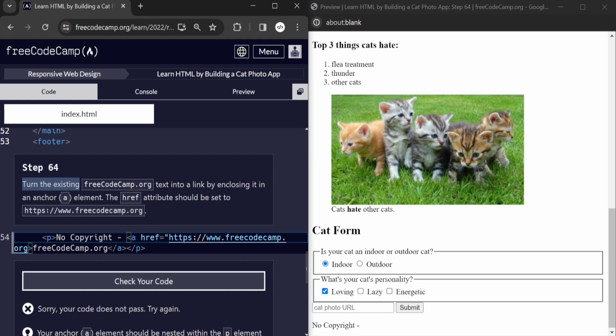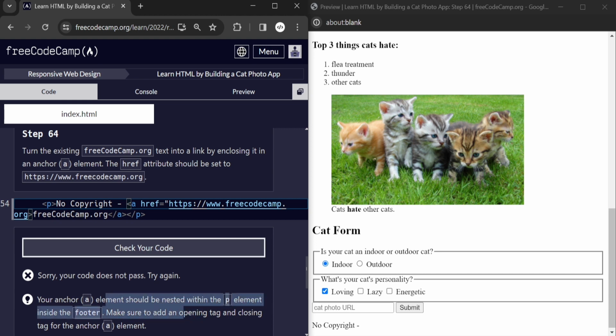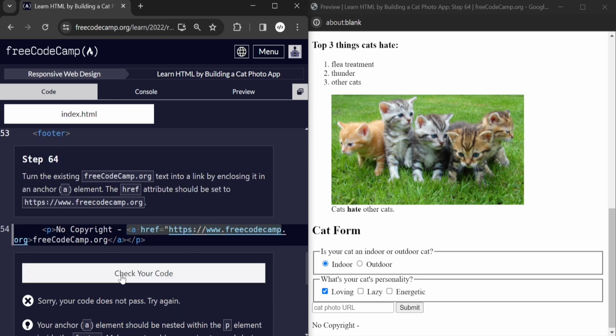freeCodeCamp.org. Any spelling mistakes? No, there's no spelling mistake. freeCodeCamp.org, right? Your anchor element should be nested within the p element inside the footer. Make sure you add an opening tag and closing tag for the anchor. Yeah, I added the opening tag, anchor, href freecodecamp.org. That's still not working, I think the link is not right. So